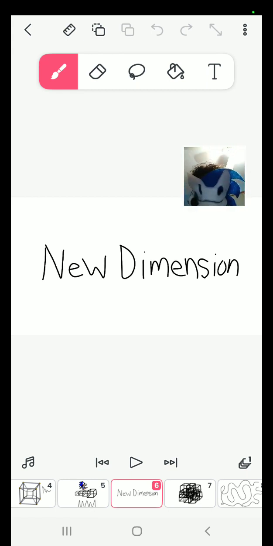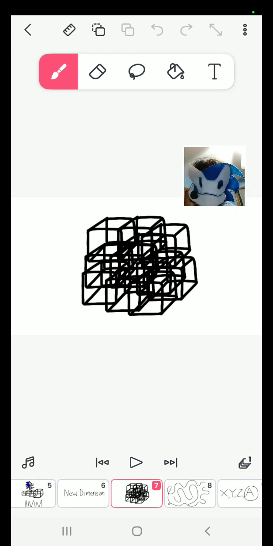What do I mean by this? There's a bunch of cubes here that I tried to illustrate. If you're trying to make a fourth dimensional object, just stacking a bunch of three-dimensional cubes on top of one another isn't going to do anything. What are we staring at here? This looks like a 3D type of object. I see X, Y, Z.